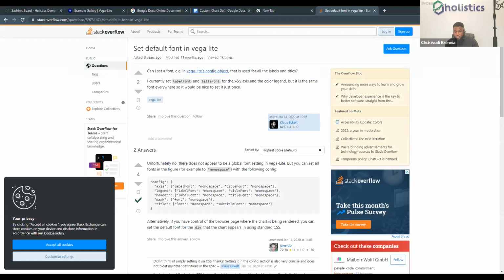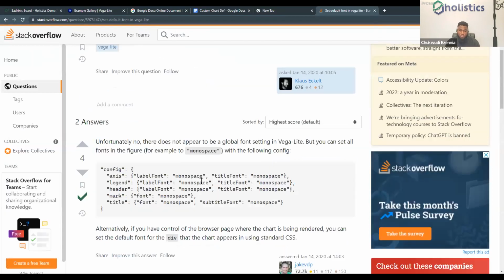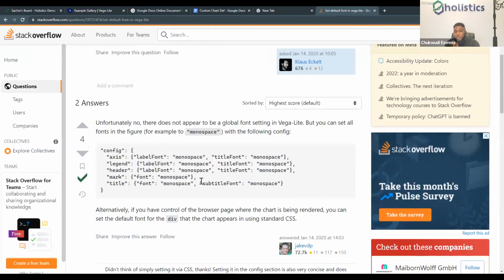Let me attend to Hamza's question. Hamza, if you look at this, what I mentioned about the config earlier on, let me quickly zoom into this. This is actually a Stack Overflow post for fonts, but we're going to use it to answer your question. The config we did was on a basic level of certain fonts. You can even set an individual font for the y-axis, for the x-axis, and table headers. You can also set the background colors for tables.